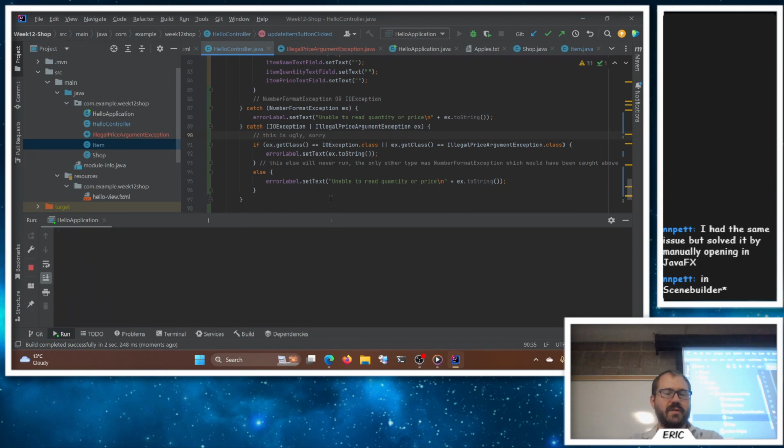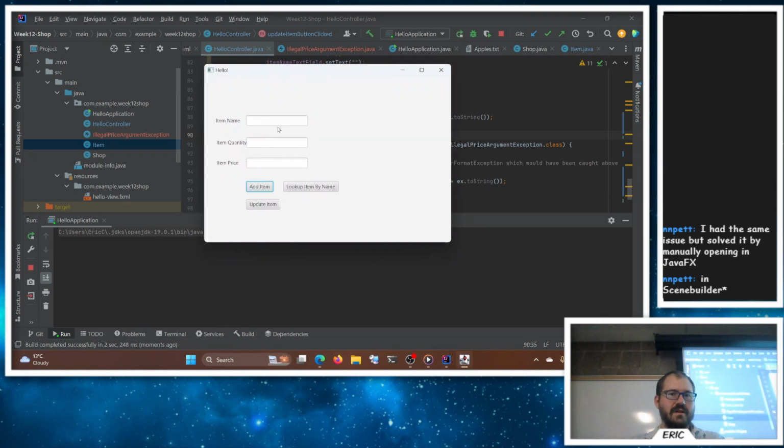I'm trying to keep all those different examples in so you can see them. So if you give it an illegal price, let's look up apples again here. Look at my price, and we give it -1. Go to update. Illegal price argument exception. So we get the name of the class here. This is com example week 12 shop. So the name of the class that shows up in the message is our custom one here that we did,